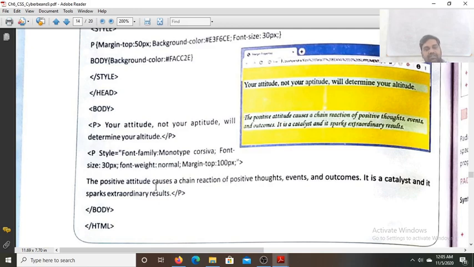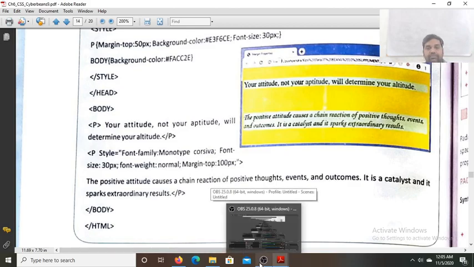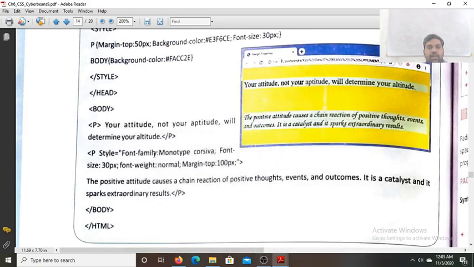Now the second paragraph, the style is set: font family cursive, font size 30 pixel, weight normal, margin-top 100 pixel. The positive attitude causes a chain reaction of positive thoughts, events, and outcomes. It is a catalyst and it sparks extraordinary results, as you can see here.